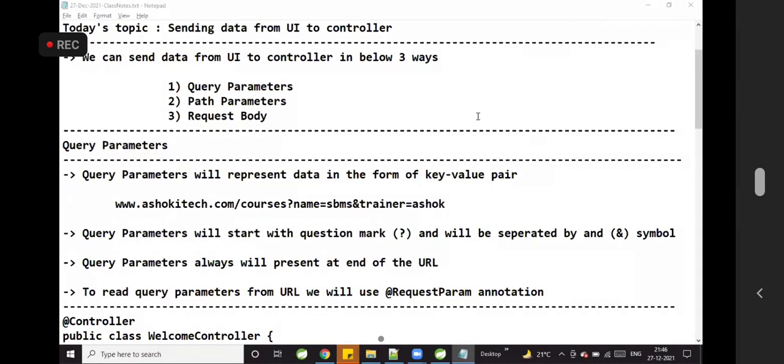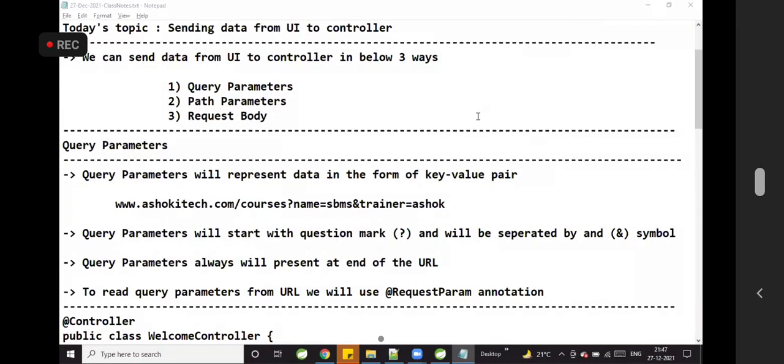Today's topic is sending data from UI to controller. We can send data from UI to controller in the below three ways: query params, path params, request body.